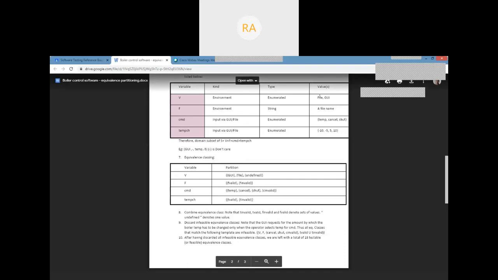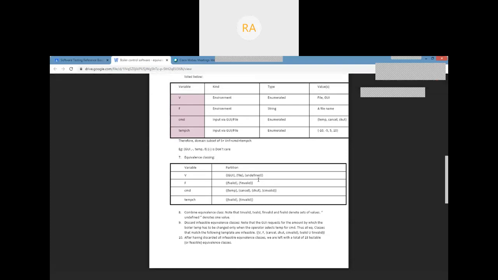So file will form one subset here, GUI will form one subset, and it can also be undefined. You have to take care of such things also. So we can actually assume three values: GUI, file, and undefined. Together I'm putting them in one set. That's why outside I have one more flower bracket.